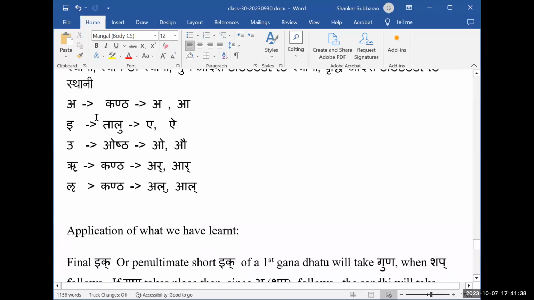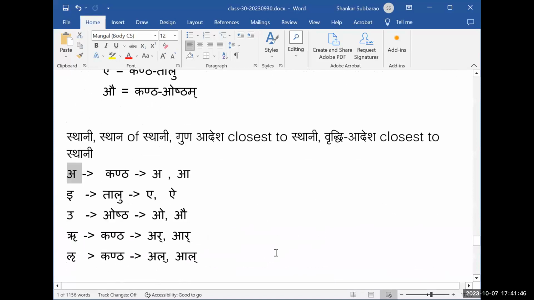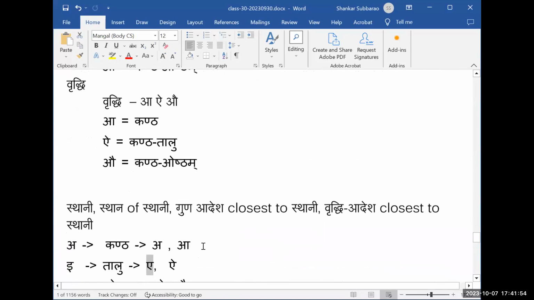Now, if you want to replace any vowel, if a vowel has to be replaced by a Guna or Vriddhi, then what you have to find is which is the closest. So if it's Guna, it will be A. If it is Vriddhi, it will go to Aa. Guna will be A. So I added these headers, which we didn't do when doing the class,